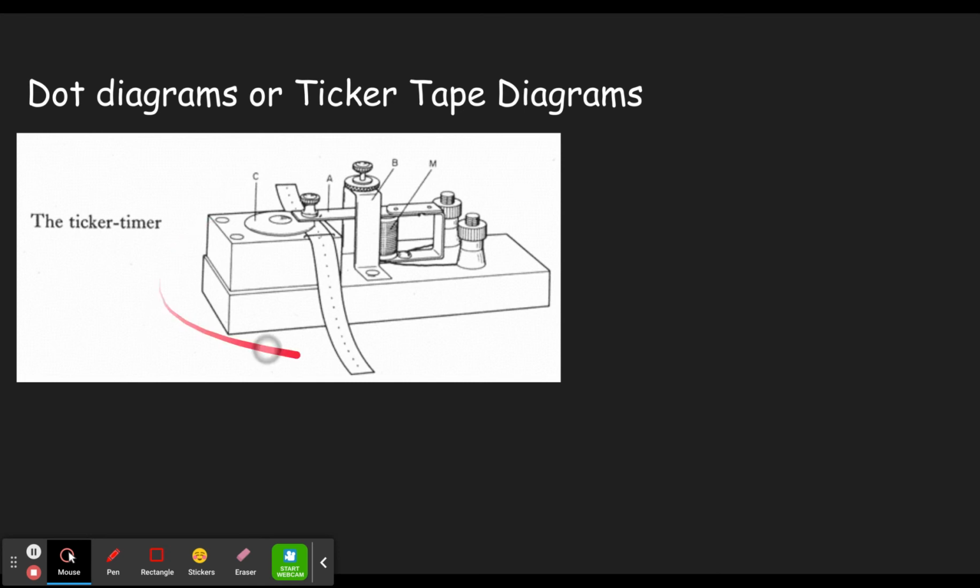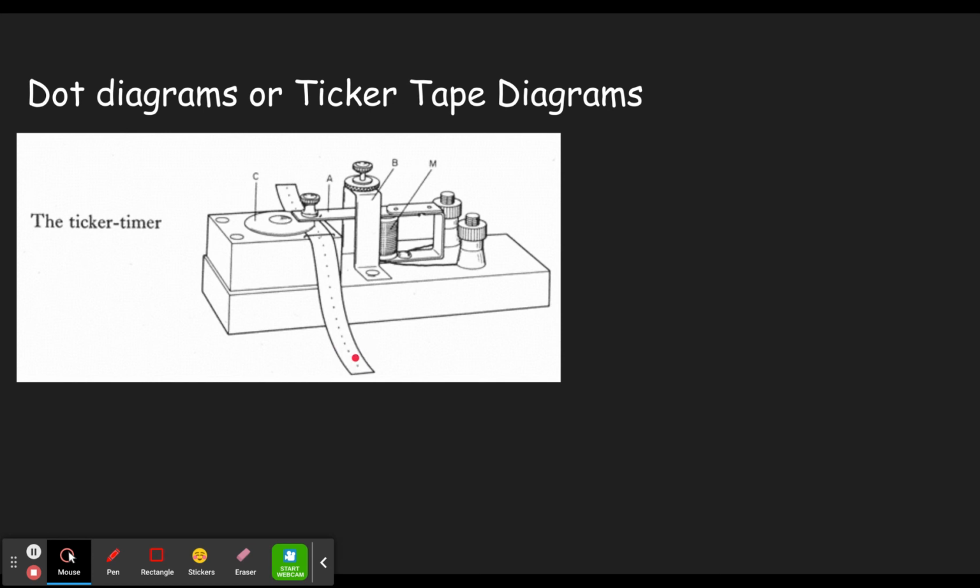Well, this is a device that used to be very commonly used in physics classrooms. What it did was this little thing bounced up and down 10 times each second. So it would leave a dot on a strip of paper once every 10th of a second. So if you pulled this tape through the ticker tape device, you would see a dot every 10th of a second, which means the tape, or whatever the tape was attached to, often it was attached to a car or a falling object or something like that,